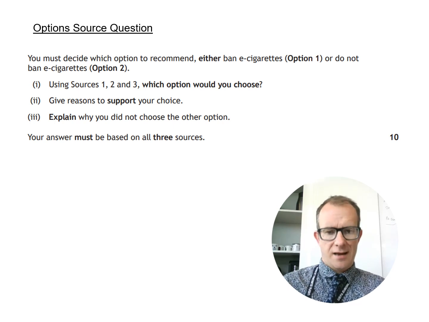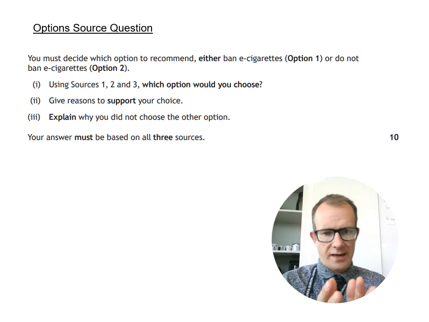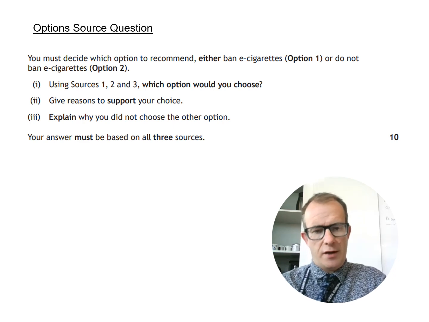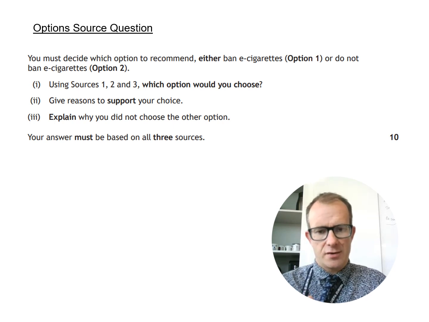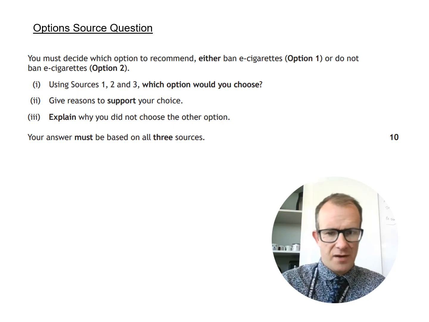Once again, you get all the marks by using examples from the sources, taking two different colour highlighters. One colour is for the option you chose, option 1, and then the other colour, option 2, why you didn't choose that. Remember, in this question, it could be to choose from two options, like it is in this case, or it might be to choose from two people, like who's the best candidate for a job or a position in government. So this one will focus on choosing options, like e-cigarettes, ban them or do not ban them.